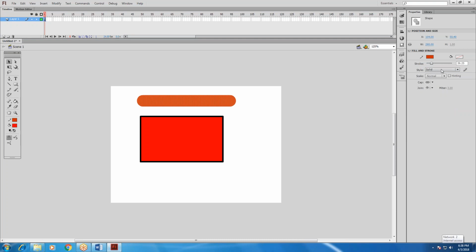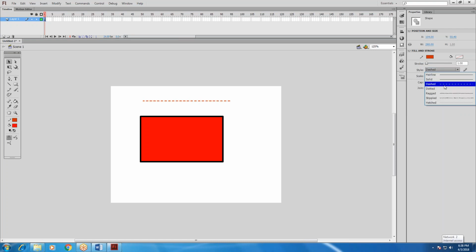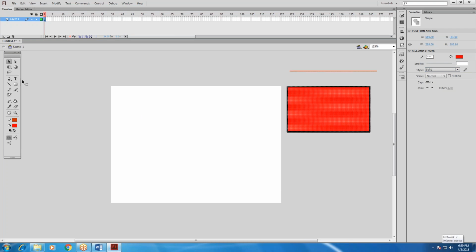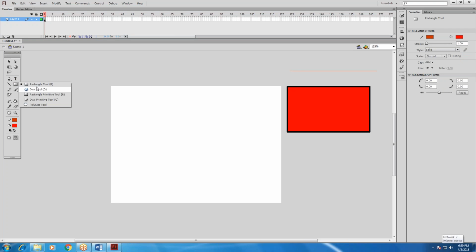Change the color and the size, and the line can be solid, dashed or dotted. Clear? All options are the same; there is no change.